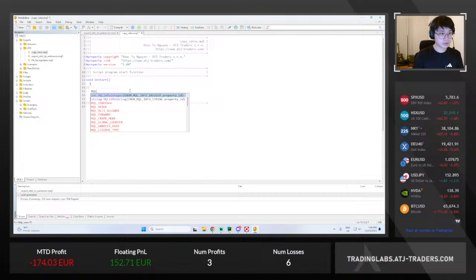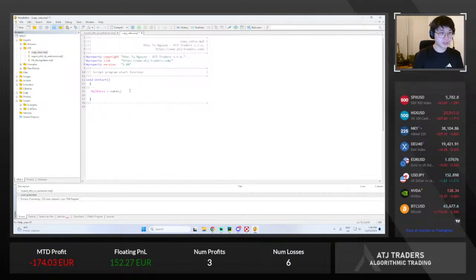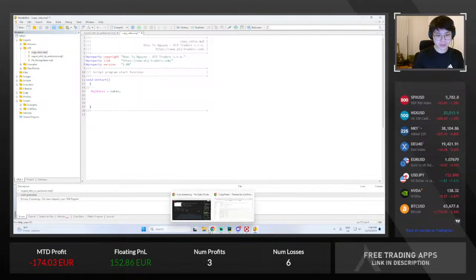So I guess we need to do MqlRates rates, and now to get the historical data set from MT5, the next thing I need to do